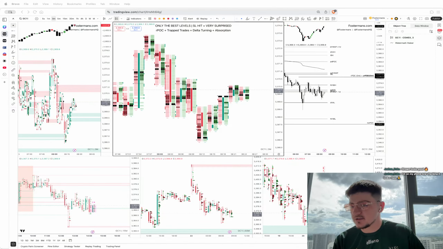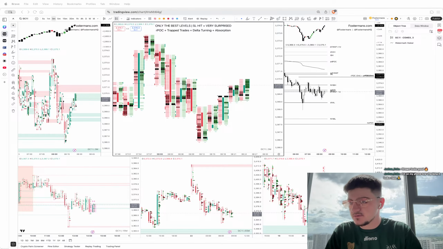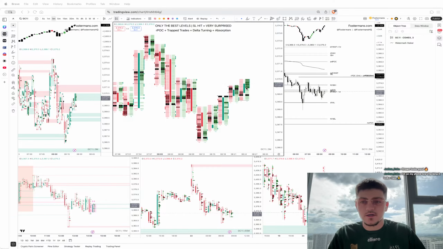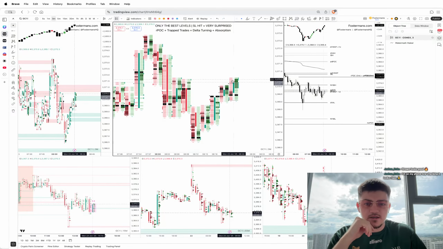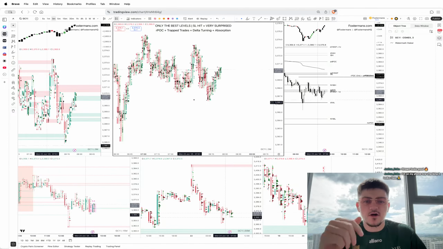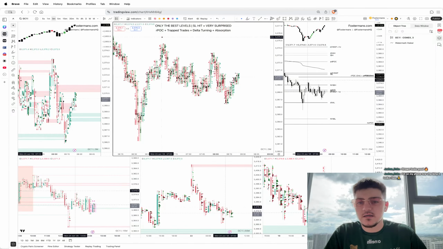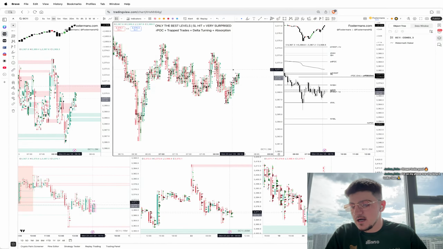I'm gonna try to do this without... actually, I'm not even gonna mess with this now. But yeah, so far gold's kind of hovering around here, right? We're making new lows, and